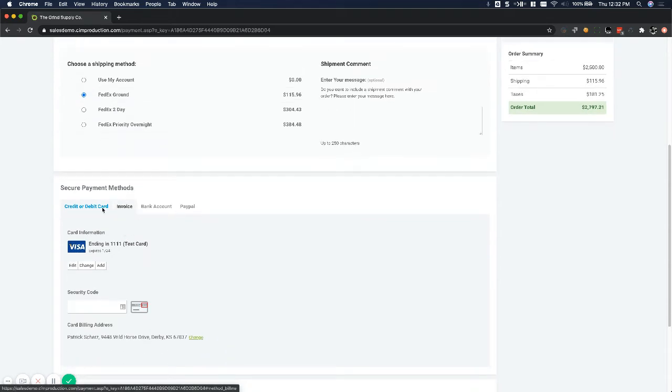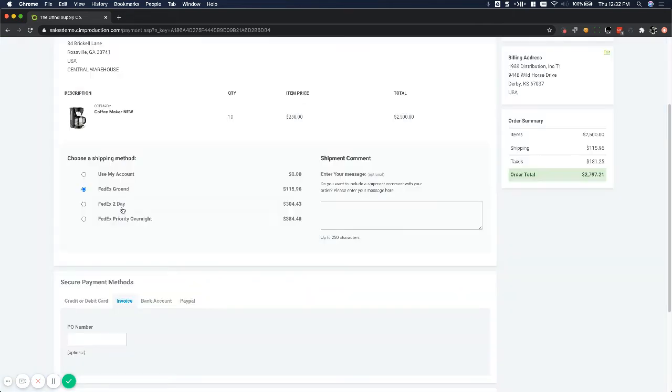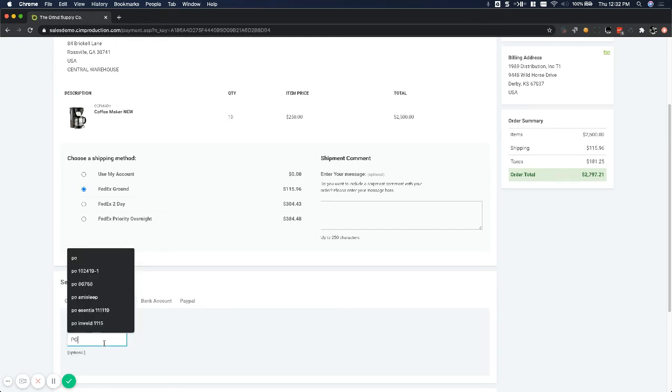So you'll notice in this particular scenario, they can pay with credit card or a debit card at the time of purchase. They could pay with an ACH or bank account. This customer is set up on a net 30 terms, I believe, coming from Sage. And so we have the option to turn on a PO or invoice bill me option as they're checking out. So we'll do PO,